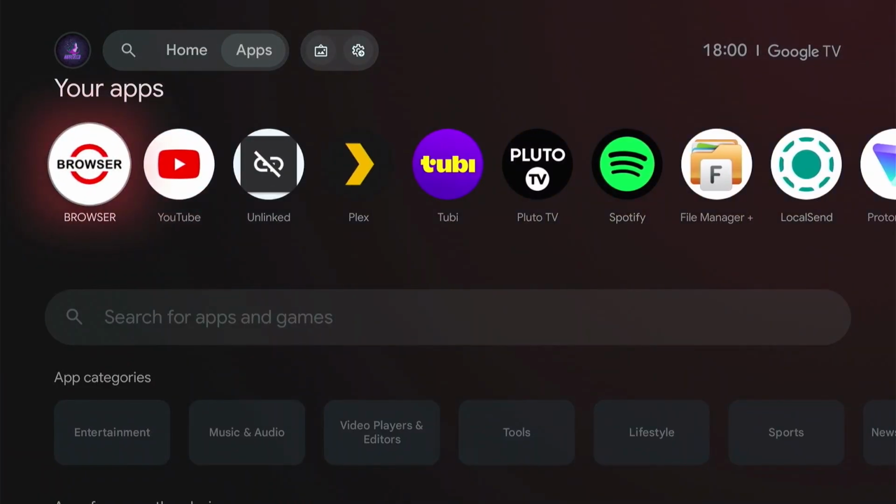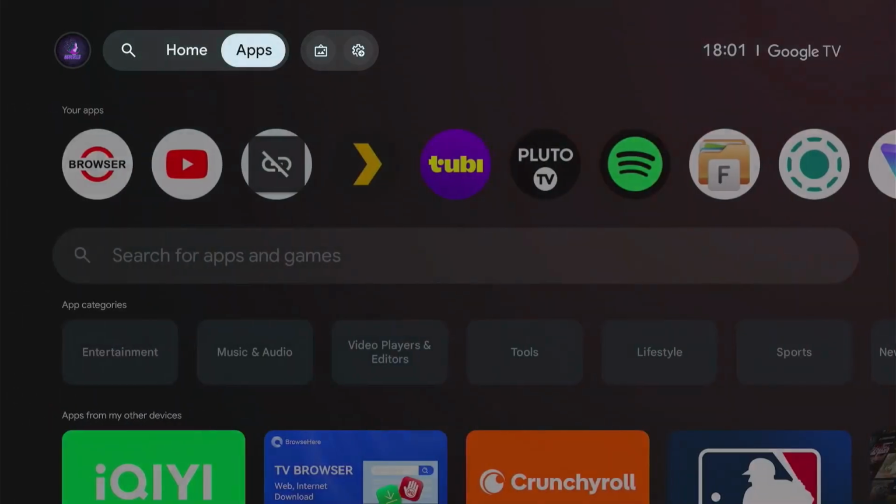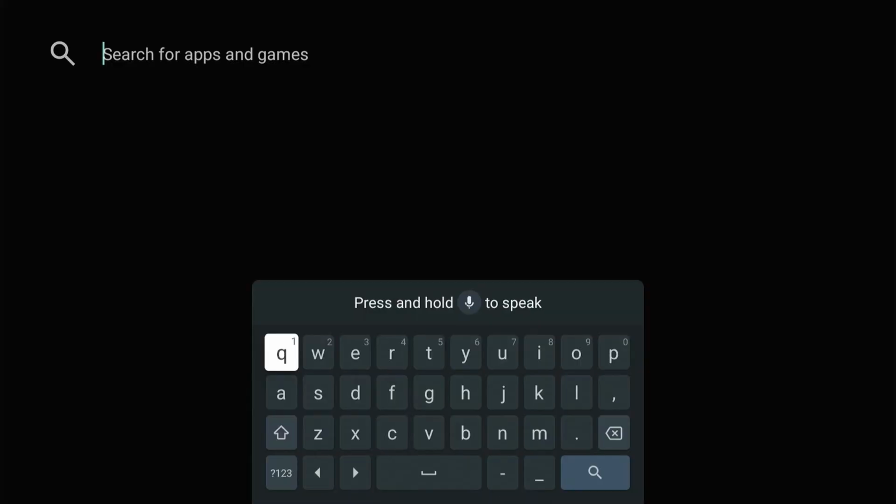Most of these apps are downloaded through the Play Store. I have lots of videos on this channel showing you how to download and install apps. I have videos showing you how to download and install each of these apps specifically. But just to give you a rundown, if you come over to apps right here and then under the apps selection, just go to search for apps